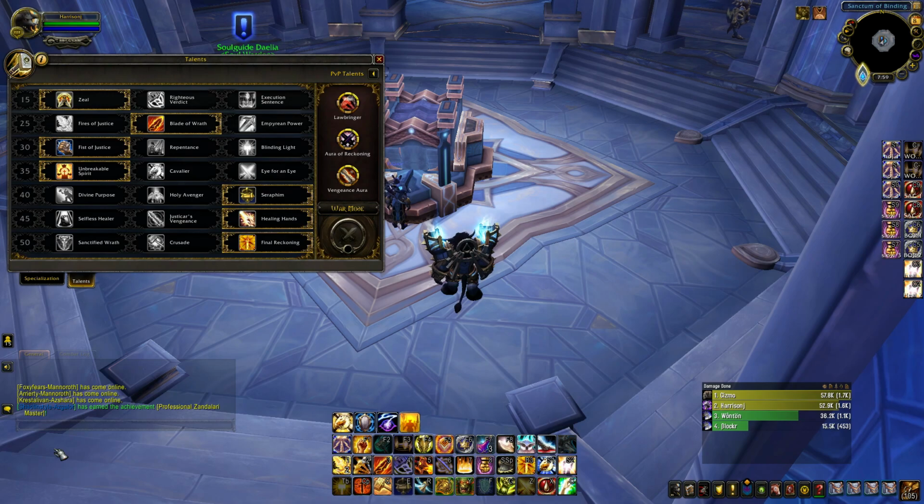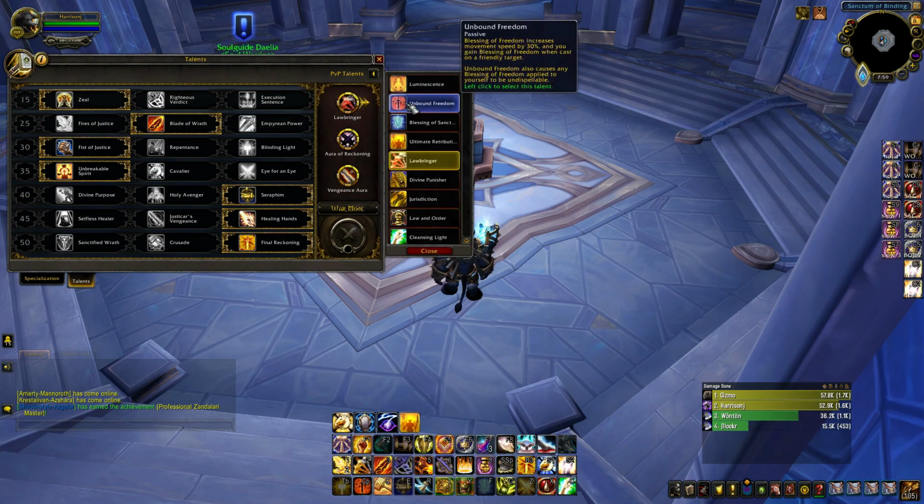Alright, the next thing we're going to be covering is PvP talents. Now, normally the default that I pick is Lawbringer, Aura of Reckoning, Vengeance Aura, the most damage. Now, there are certain situations where I might pick Unbound Freedom if I think we're going to be slowed a lot,